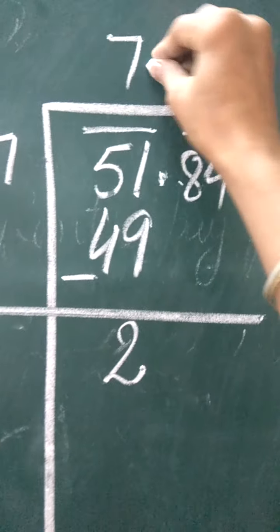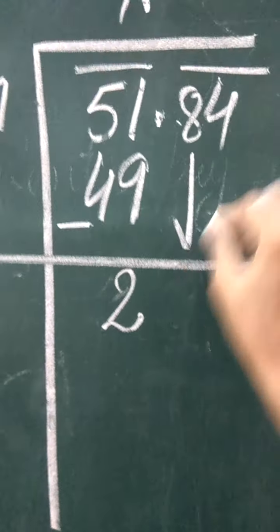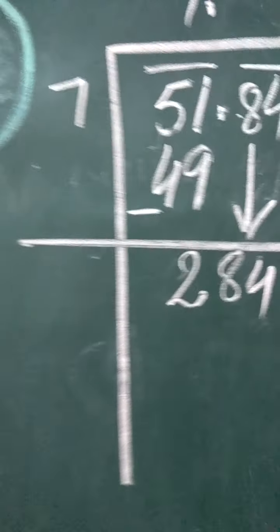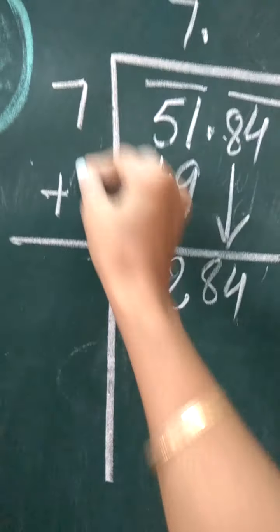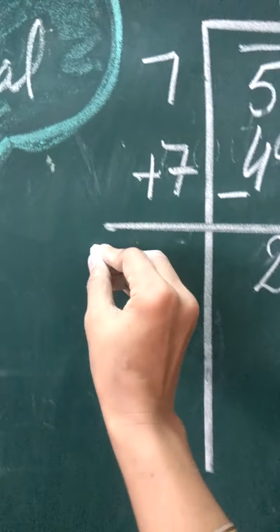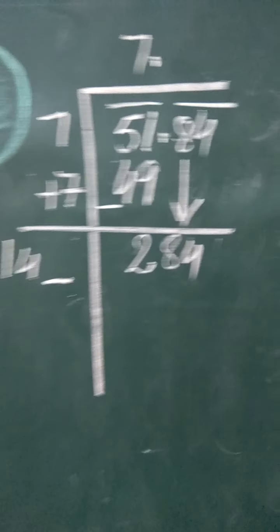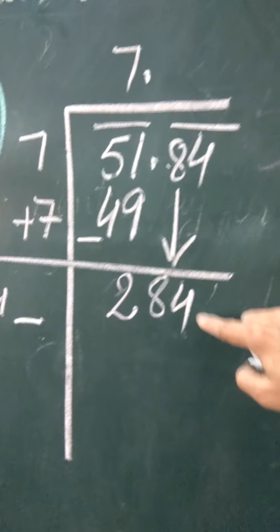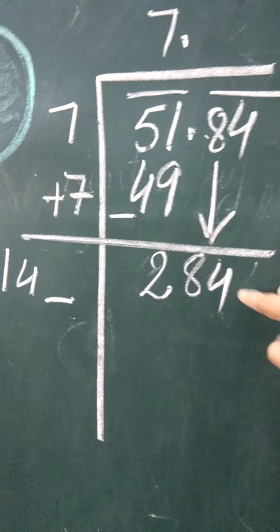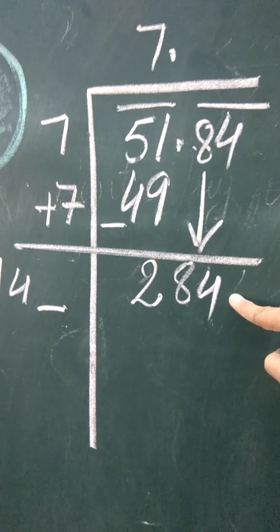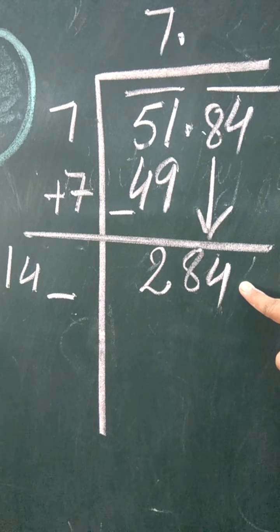Now the decimal is there, place a decimal in the quotient, carry the next pair, it is 84. Now decide the next divisor. I told you to get the next divisor, add the same digit, 7 plus 7 is 14, place a dash, blank. Now as this is the last pair, we can judge it by its ones digit, it is 4. 4 comes in the square of which number? 2 square is 4 and 8 square is 64. We can try with both.